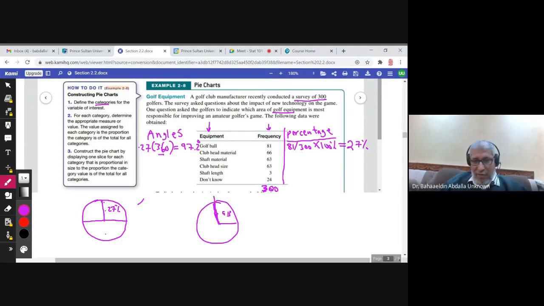So the angle for the second one is 79.2. If you don't know how to figure 79 from here, you can say no, this is a line now, okay? This is a line, and if you want to graph a line which is perpendicular to it to get 90,